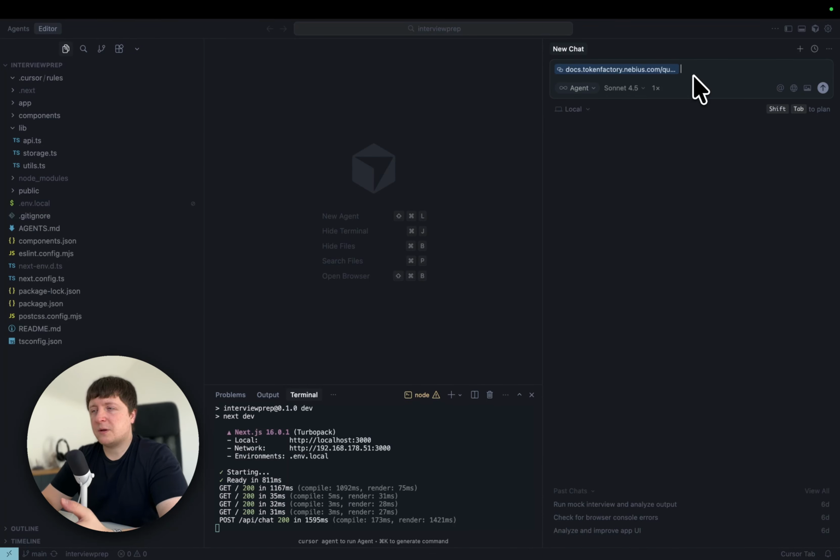Obviously, you can provide it with multiple links, and in this case, it will read them all and include them all into the context. This is a very good thing. This also works if you find a tutorial on how to do some integration on different libraries. You can also send a link to a tutorial, to a Medium article,